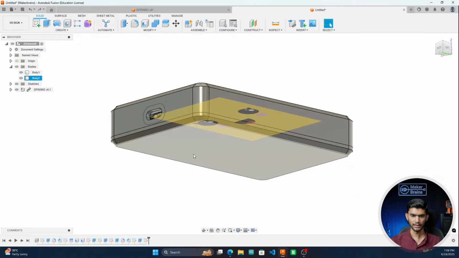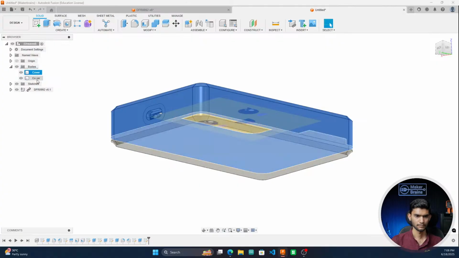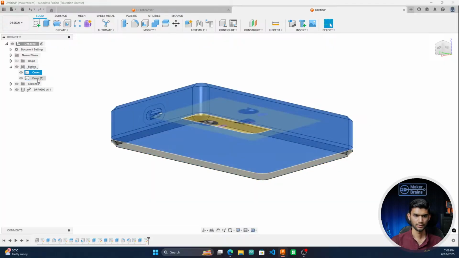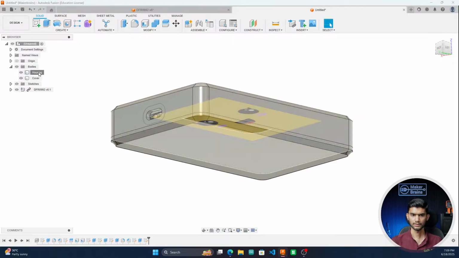So for that, I'll hide this cover. So let me name this. So I'll name the body tool as cover, and okay, so let me name this as housing, and this is our cover. Okay, so this is our housing and this is the cover. So I'll hide the cover